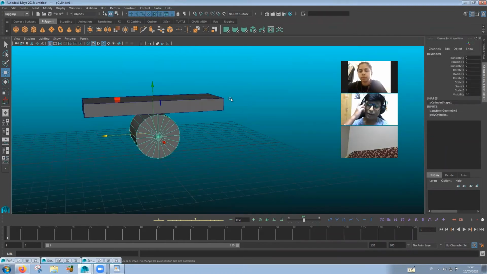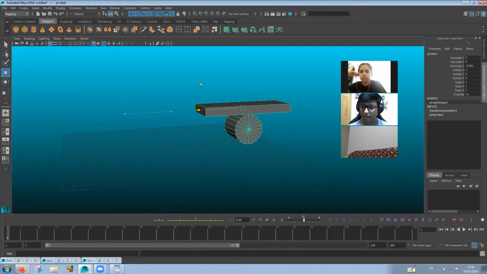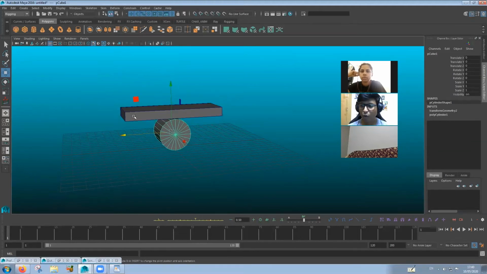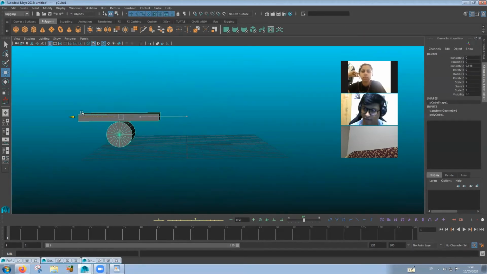So let's take up, say, parenting. But with parenting, all you can do is, for example, if this is a child, this is a parent, hit P, you can only make it move, all right? Then if you want to rotate it, you'll have to do it manually, all right? So with parenting, let's do that. I want to move it, okay?